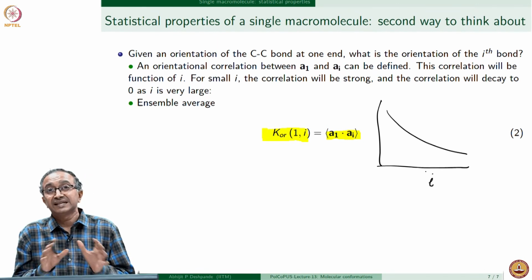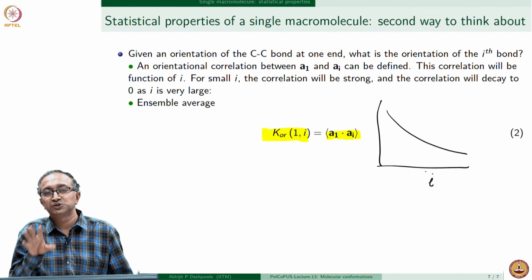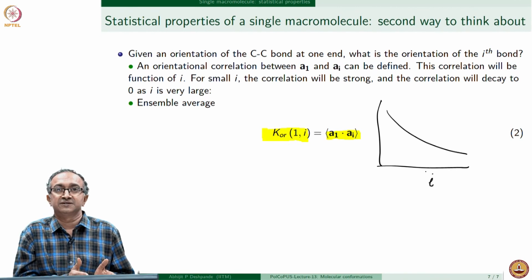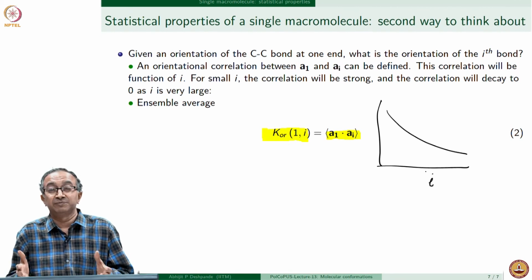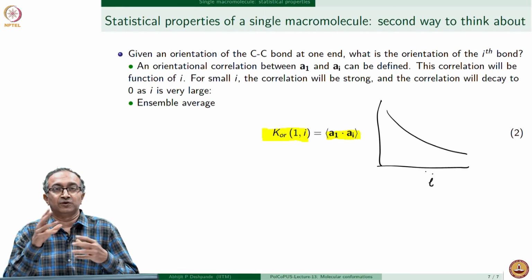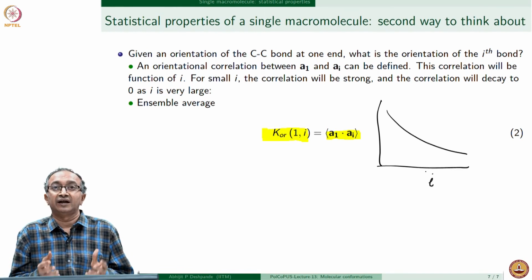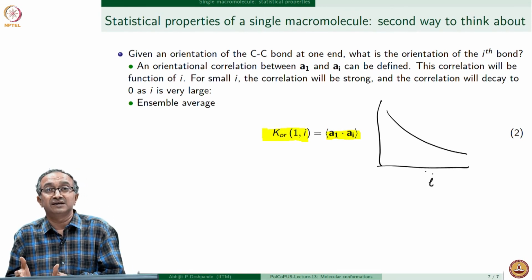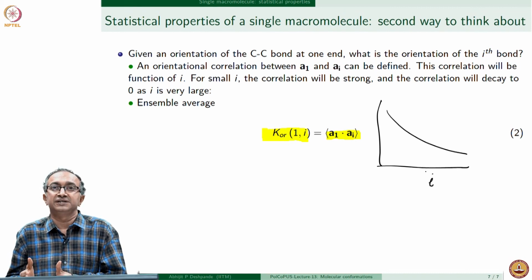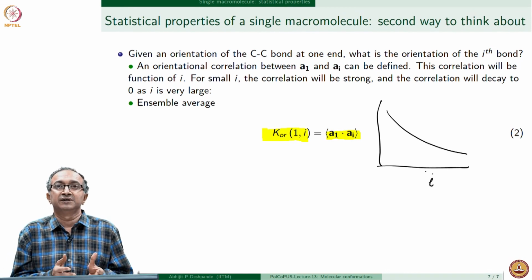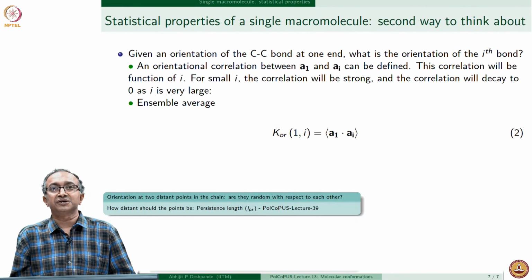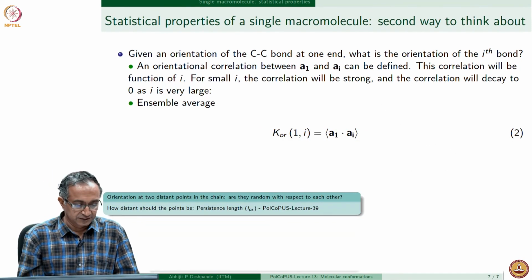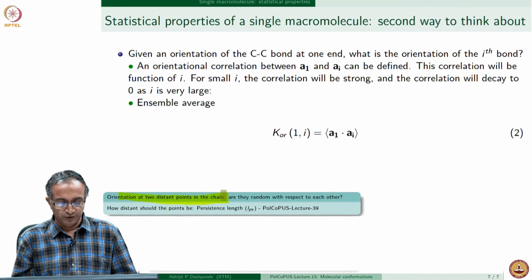So in this lecture, what we have seen is conceptually how conformations make a macromolecule a dynamic object, in which case conformations keep on changing, and because of this, statistical quantities have to be used to describe the conformational state of a macromolecule. One other important thing that you need to remember is that since orientations at two distant points